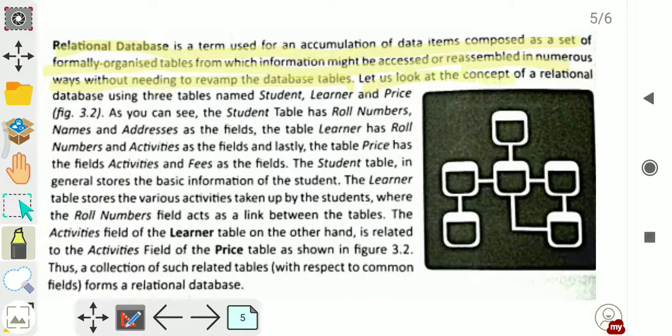Let us look at the concept of a relational database using three tables. Here one example has been explained to show how these tables in a database are connected.